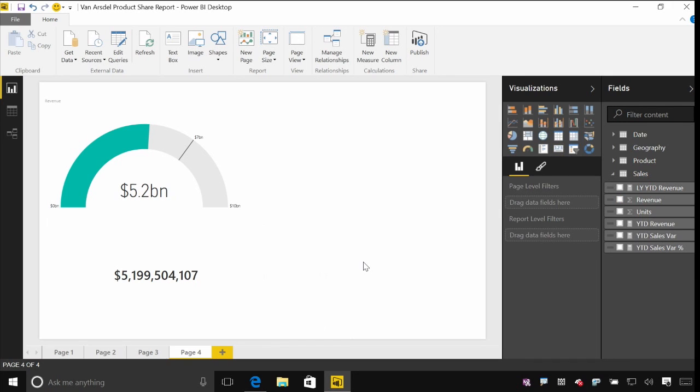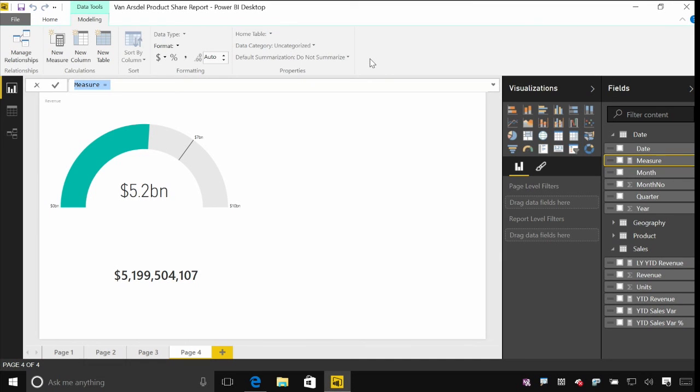And on that subject, there are some clever things that you can do with these cards. I can actually create a measure in my model that returns a string, some text that I want to put into this card. So let's create a new one, and I'll call this measure our progress. I'll start off by putting some text in. So progress on unit sales this year. And I'll just need to concatenate this with the measure that I'm interested in. I'm actually going to use our units column, so I want to sum that one up. So let's do a total sum over our units column. I can see here's my progress.